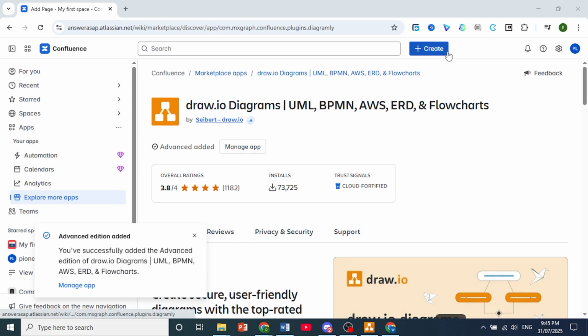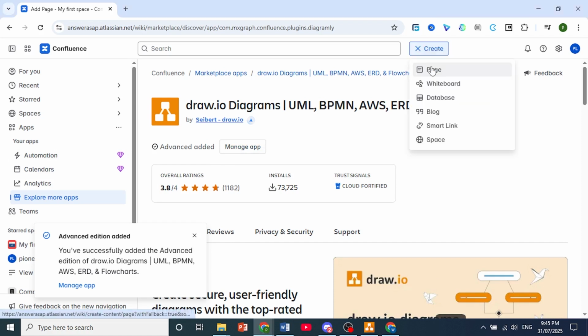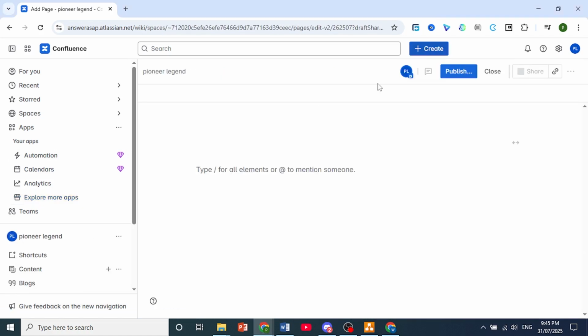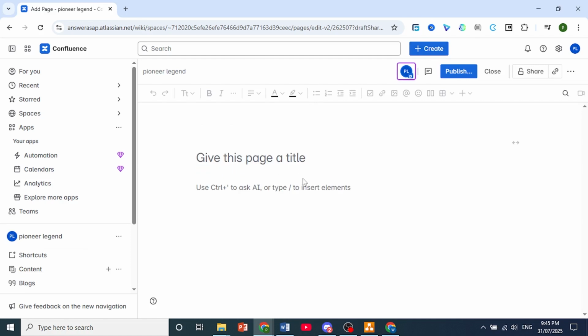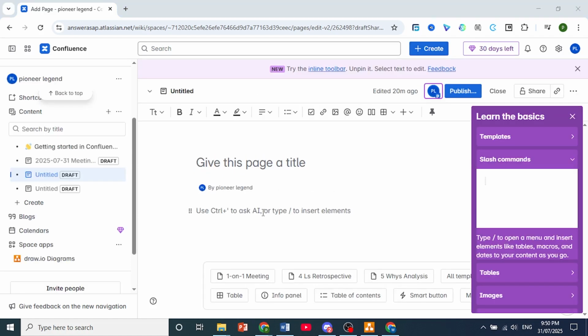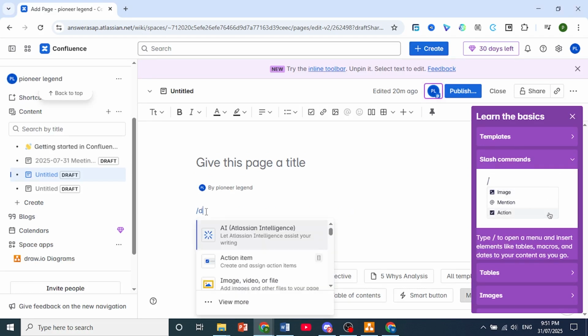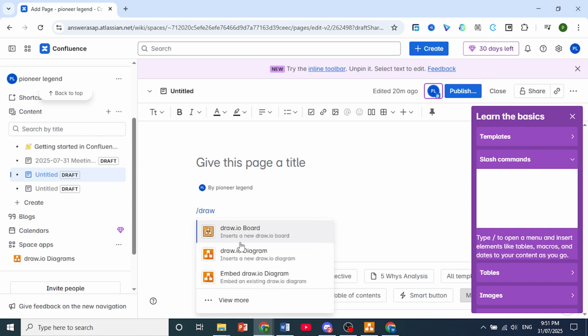And now you can actually just go ahead and open up a new page. So you can create a new page, or you can do this on your existing workflow. Now just come here and click on the page and press // type in a draw. And as you can see, we can insert a new draw.io board, a new draw.io diagram, or you can embed